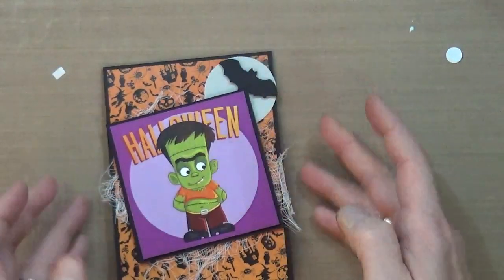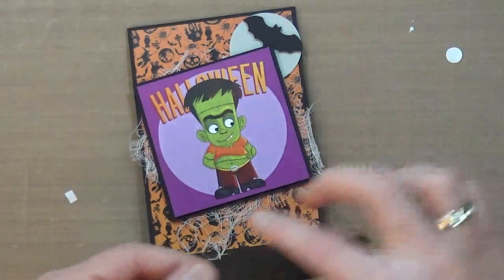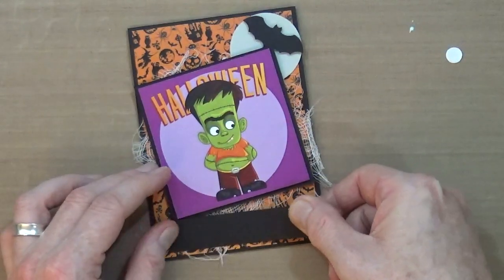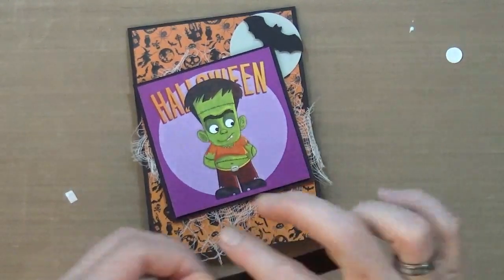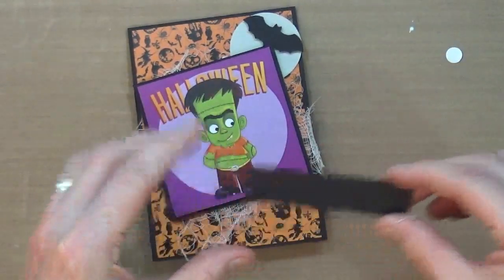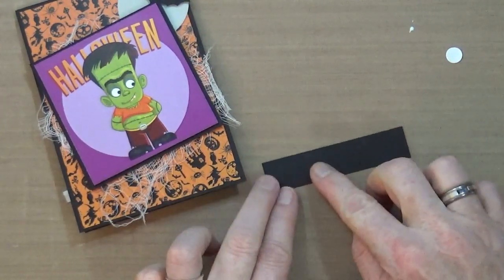And what do we do about our trick-or-treat sentiment? Well, there you go. I've cut a strip of black card because I want to put my trick-or-treat sentiment across the bottom. I've cut a piece of black card just slightly smaller, about 2 centimetres long. Now I haven't got a lot of Halloween stamps and I don't really like my own handwriting. Now I could write trick or treat